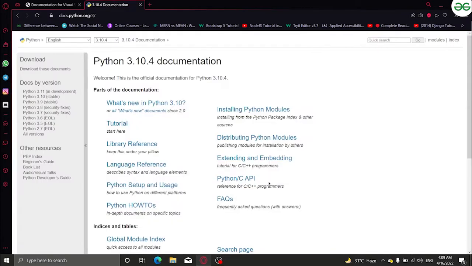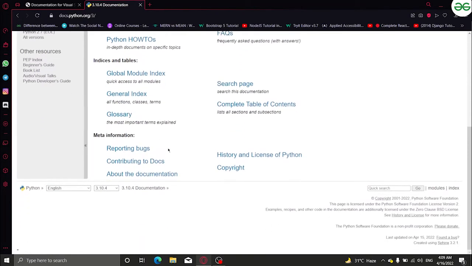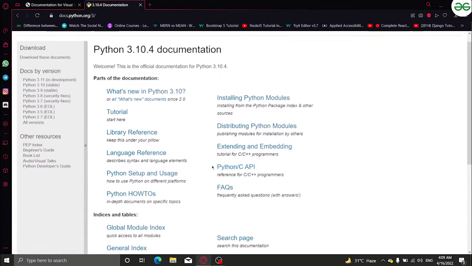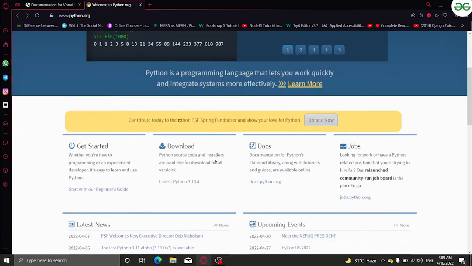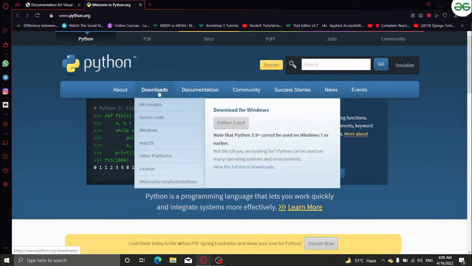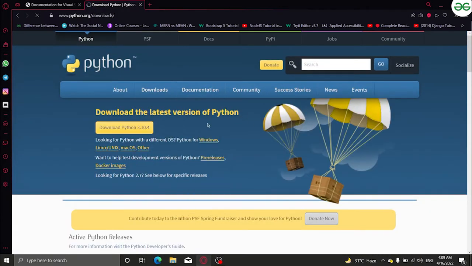Some people who want to learn more or who want to do deep work in Python can check its documentation. It has a hell of a lot of important data, like what APIs are, installing Python modules, packages, and everything that you will be really interested in. For now, my main interest is just in downloading it.